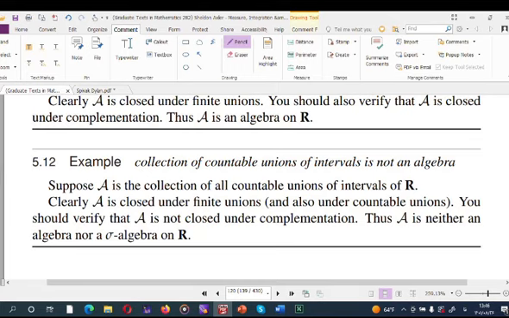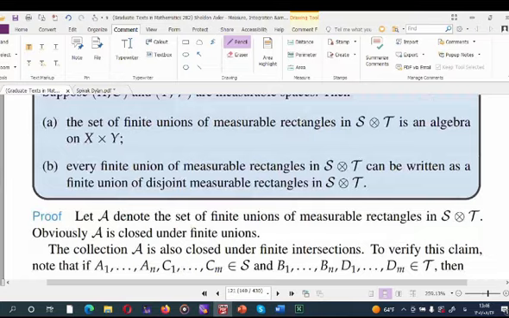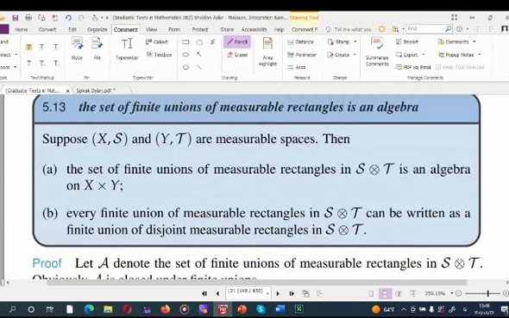This example is similar to the proof of this proposition, but you can take many examples. For example,